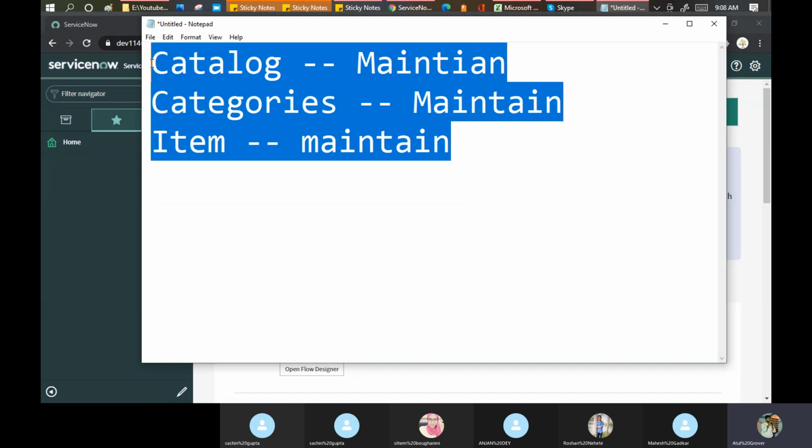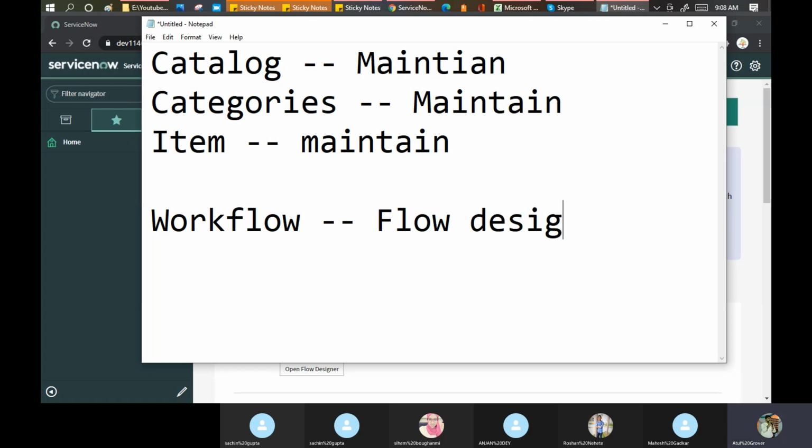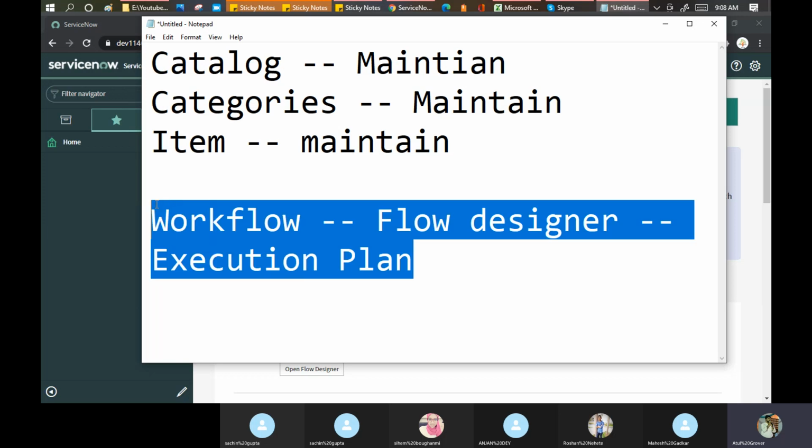After that, we will pick up one topic: workflow, flow designer, or execution plan. These three terms we will discuss, and you can pick up any of them.